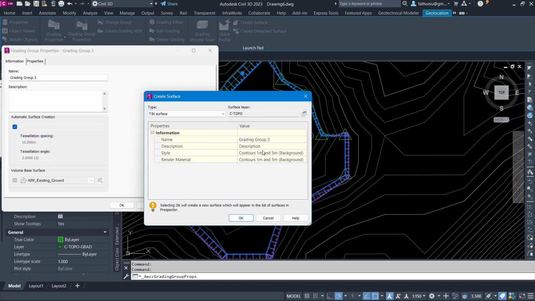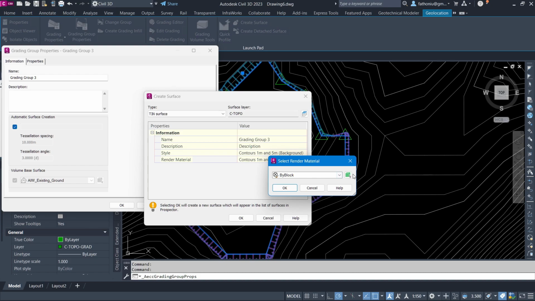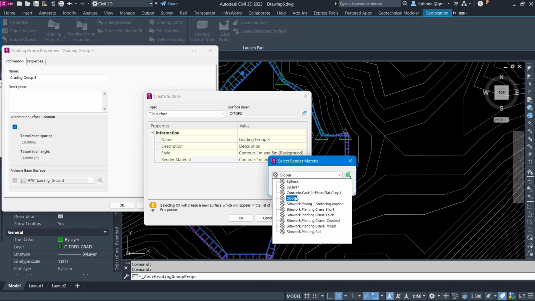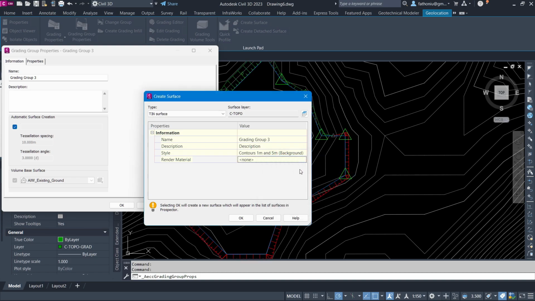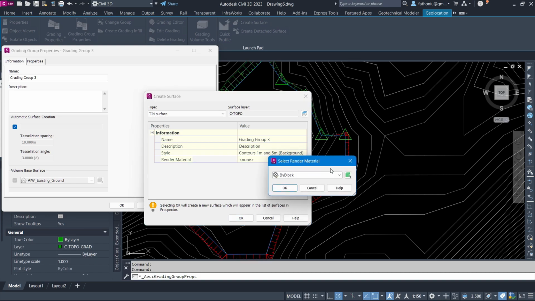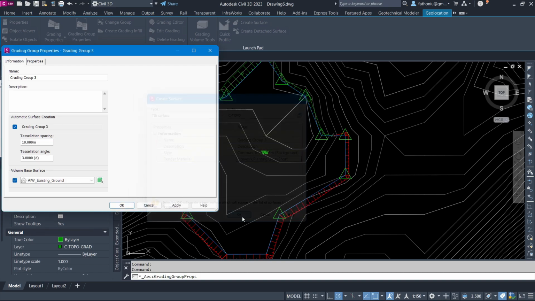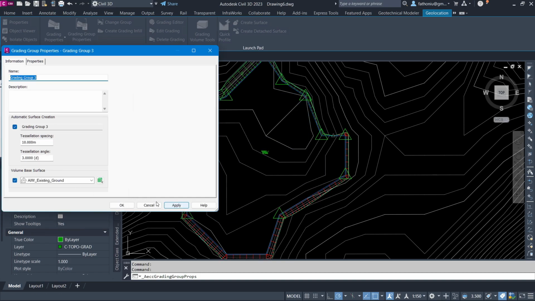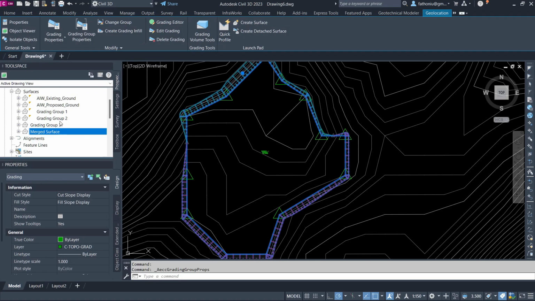If you want to change the style to another, you can change it. Render material also, you can change if you want to. This is by block, so you can also change to concrete, cast, sidewalk, planting, grass, so then you can have it here. This is by block or render material. Sorry. So then let me select, then okay, and then we apply, or you can press okay. Then grading group 3 is created here.